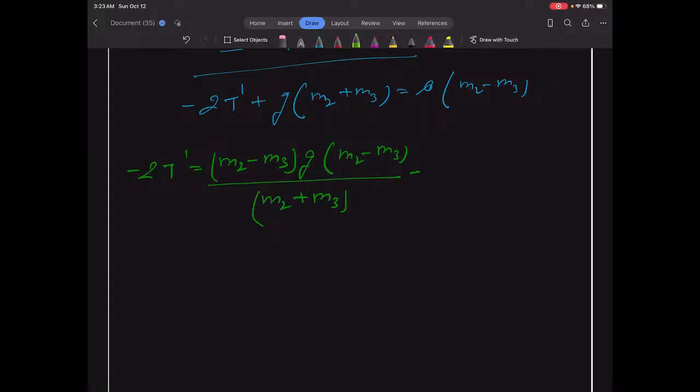And this will be minus, this will become G M2 plus M3,